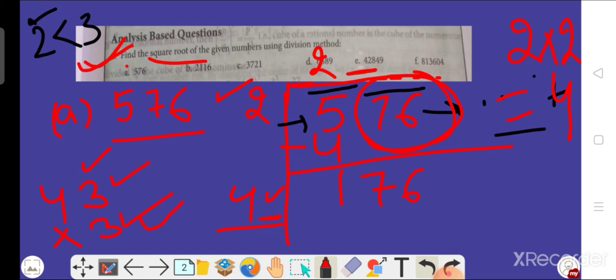So for example, if we take 3 and multiply it by 3, 3 3s are 9 and 3 4s are 12. It will be 129 and we have to find 176. Okay. So we do not put here 3. Now what do we try? We try to put here 4.